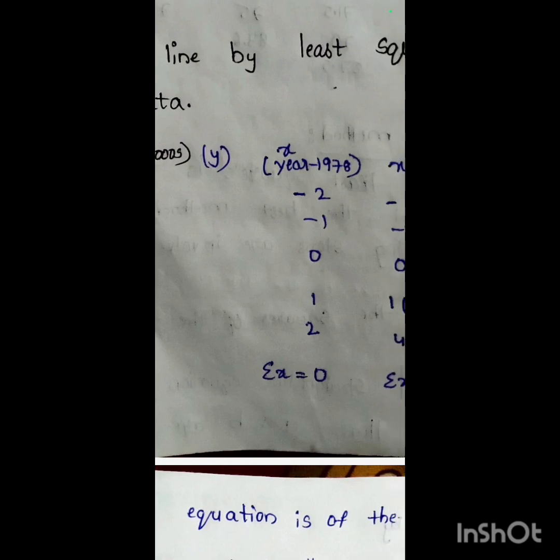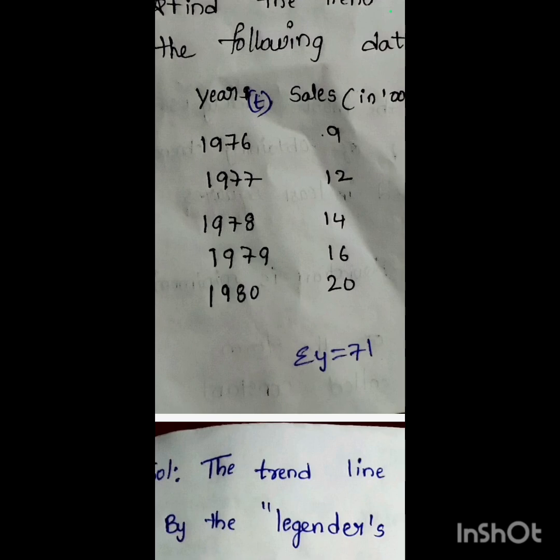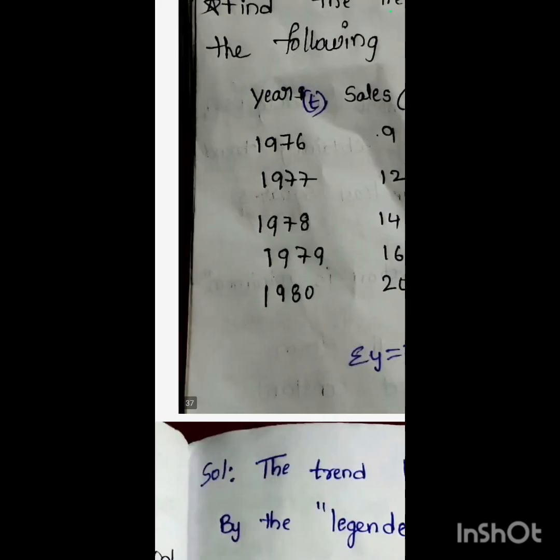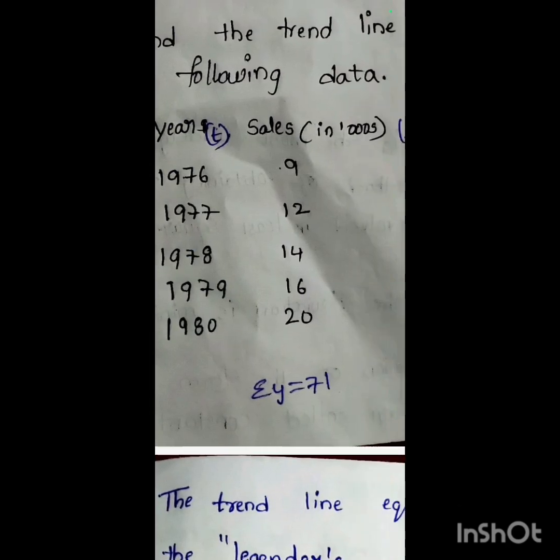To make the calculations easy, we are considering simple observations. So let the given year value be t, and sales, as you already know, is the dependent variable. So we are taking x equals the year values minus the value of the middle, that is 1978. So the data becomes